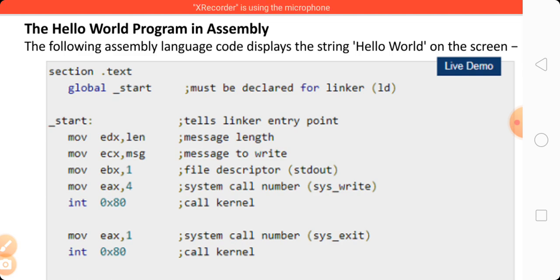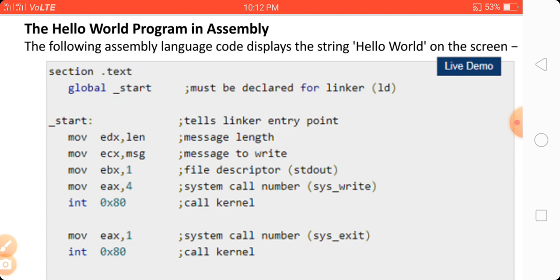Now here the program starts. mov edx, len, where len is the message length, is used to display the message length in edx. Then mov ecx, message, the message to write, is loaded into ecx. Now mov ebx, 1, file descriptor stdout, standard out.